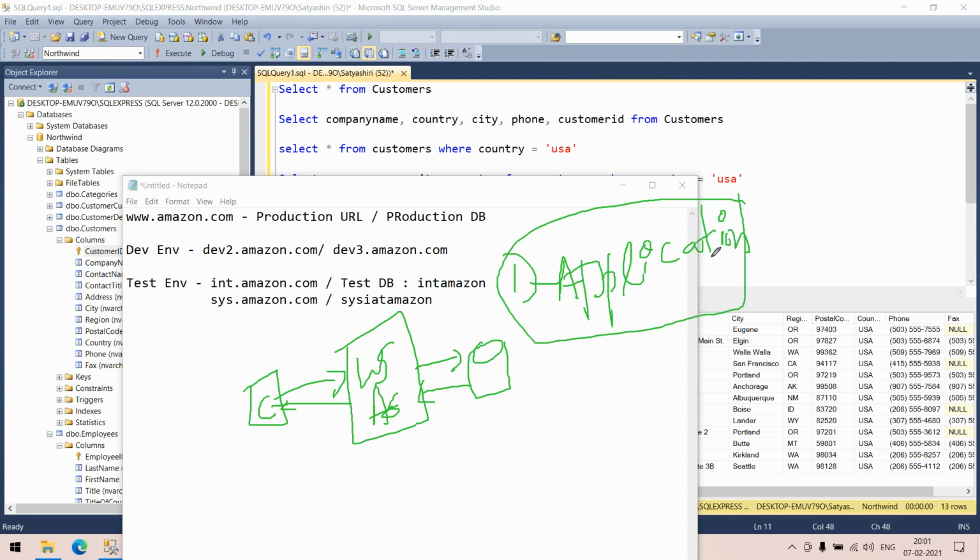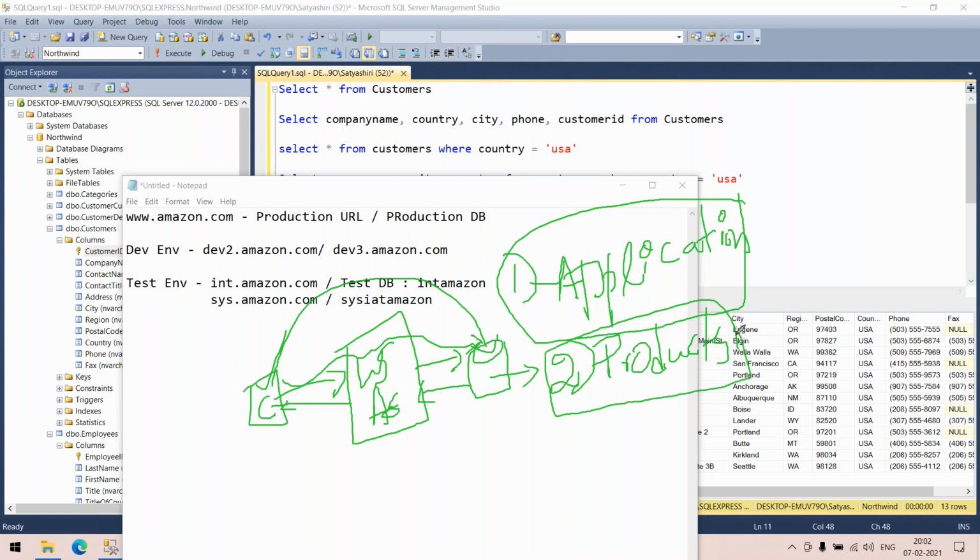Application inserts all the data. How do the orders come? Orders come when the customer raises an order; the data will be saved in your database through your web server. Web server passes that information, orders get saved. This is the main source of data in your database. The second source of data is, for example, products. Products are not something the customer creates, right? The products would have been already inserted in Amazon. Customers are using those products to place an order. So this data would have been loaded by your DBAs through batches or so.